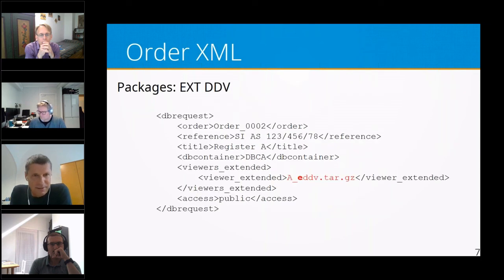Another example, only a DB-Deep View file, but here we have E as in extended DDV file. What does this mean? There is not only a viewer here, we can also have comma separated values files. We can also have computer files as attachments. Actually, this was the first version of DB-Deep View where SIARD was not available yet, and it was added later.